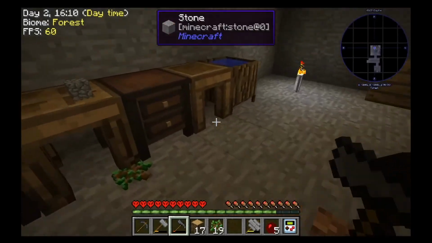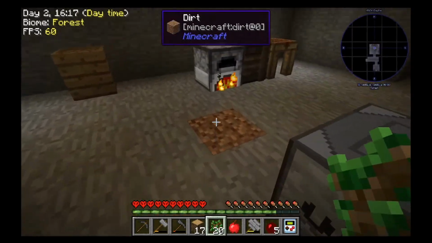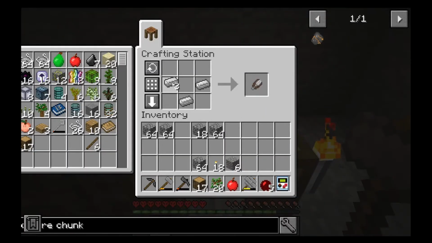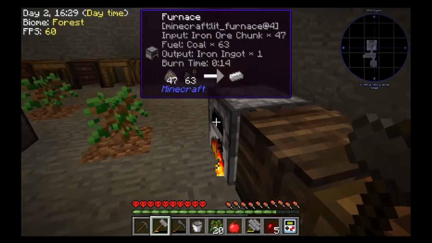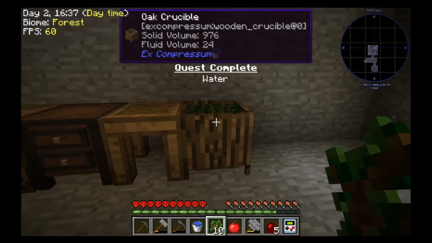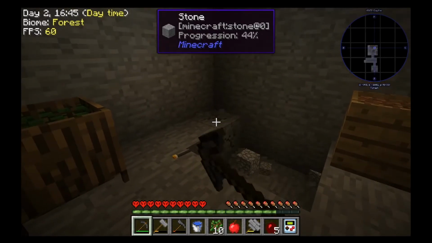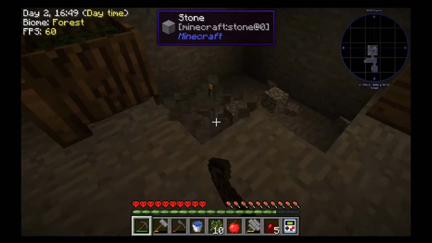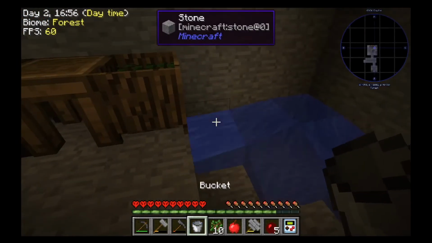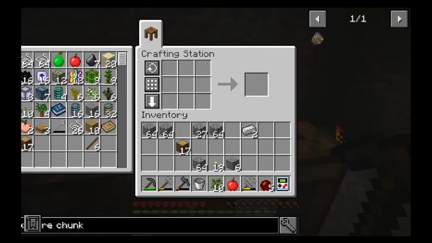Alright, all these trees are done now for the moment. Let's make a bucket. That's great. So now, just like in vanilla, after you get 2 buckets of water, you have an infinite amount. So we're going to work on the next part, which is